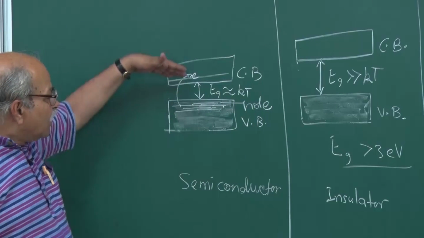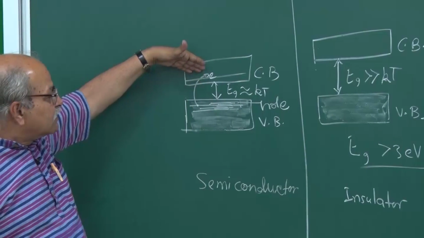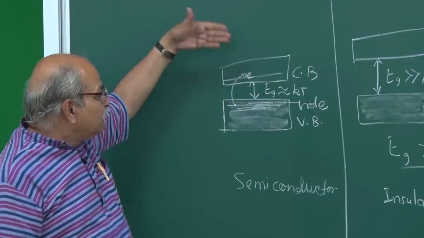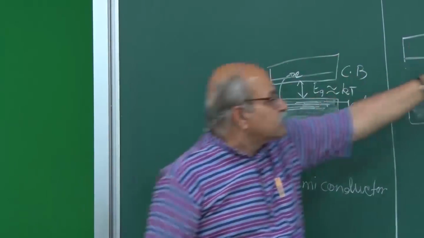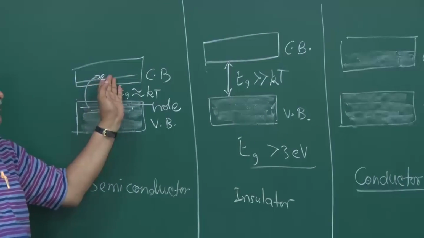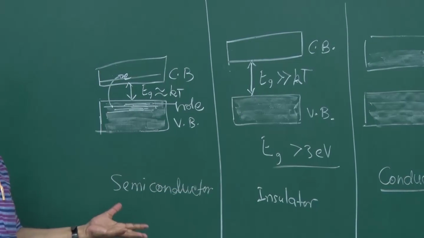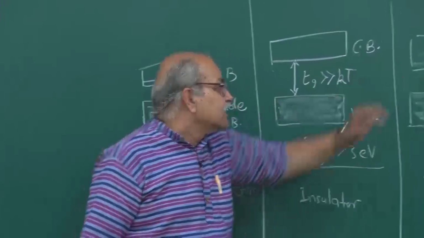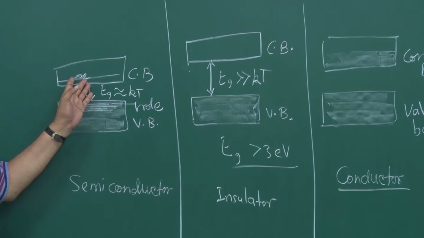Okay, so you do have some conduction electrons in the conduction band. And remember, there is a large number of empty quantum states. So if you apply an electric field, these electrons will respond just like these electrons. Now there is some sizable number of conduction electrons, although it's much less than in the case of good conductors, but some conduction will be there.